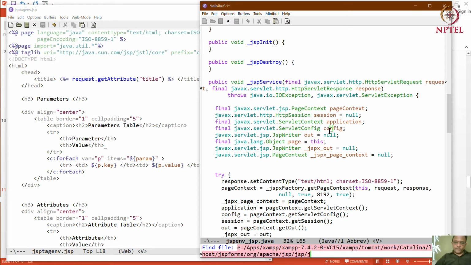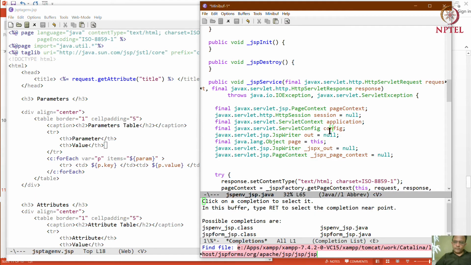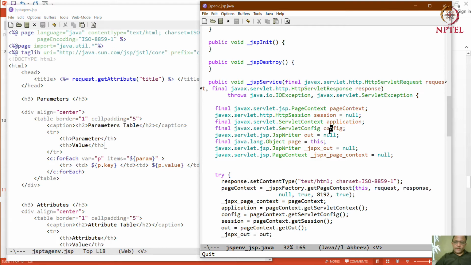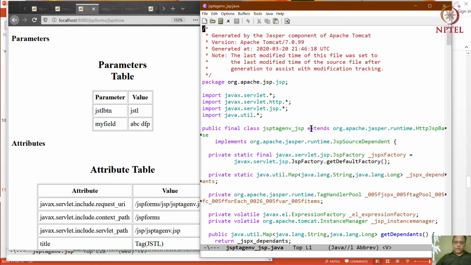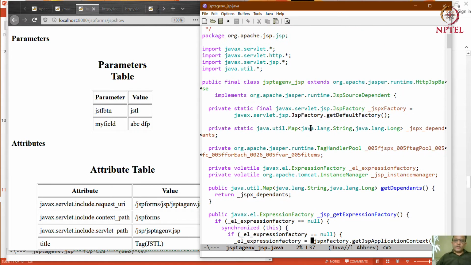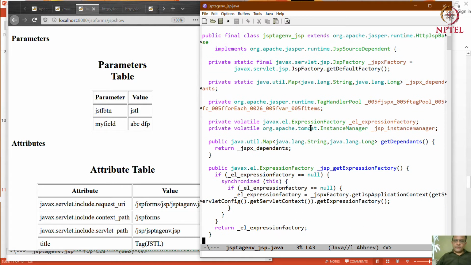So we have JSP, one moment, I'll have to locate that a bit. Okay, so here we have the JSP tag env. It is in the same directory, but I had to generate it by visiting it.